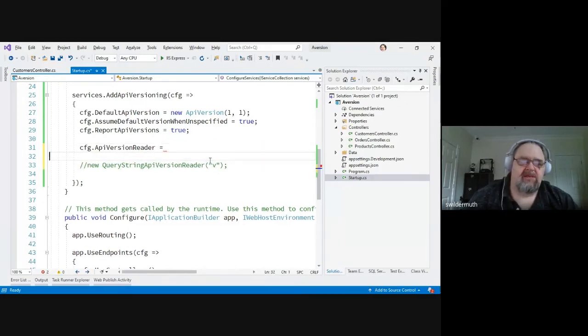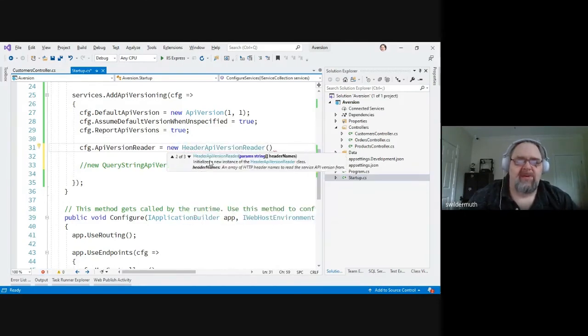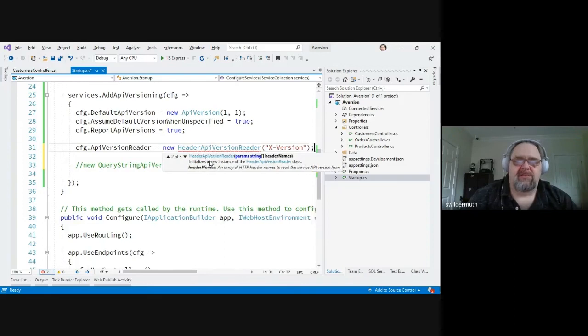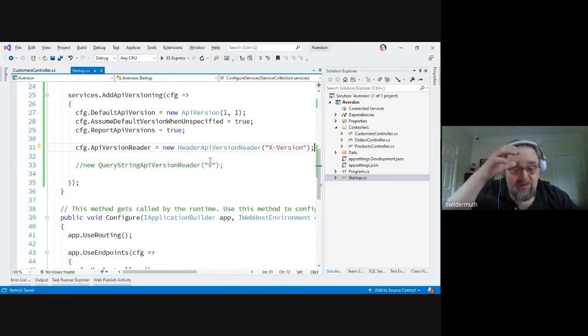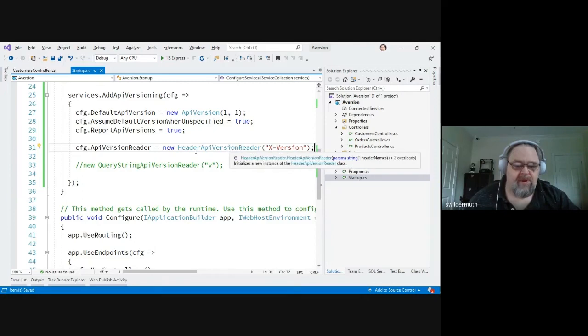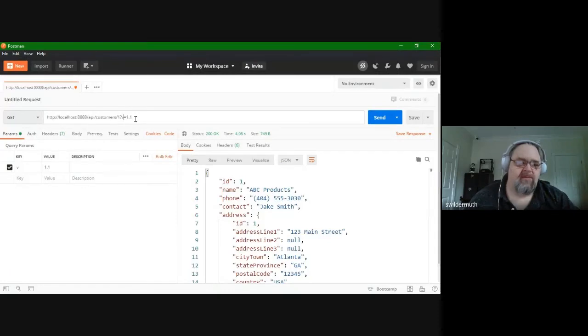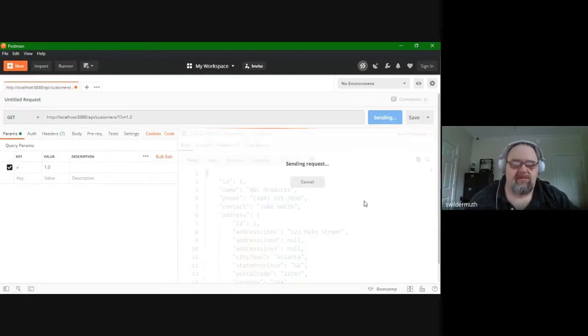And let's change this to one of the other ones that's common, which is the new header API version reader. And here we can specify any of the header names we're going to support. And I'll say X version because that's just nice and simple. And in this case, by doing this, it's no longer going to read from the query string. So if I come back up here and say, oh, in the query string,